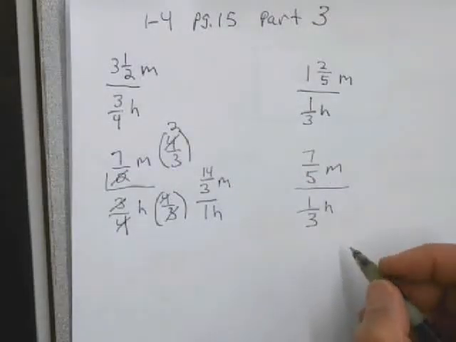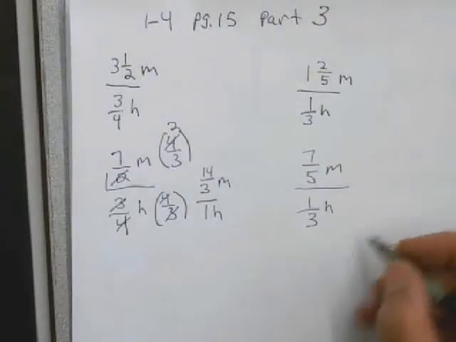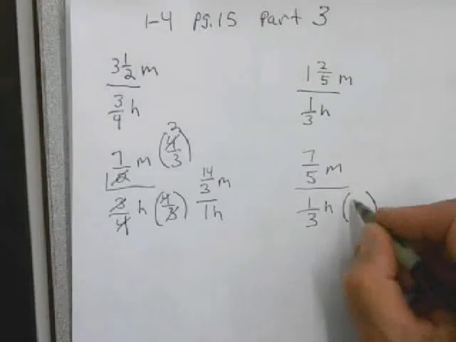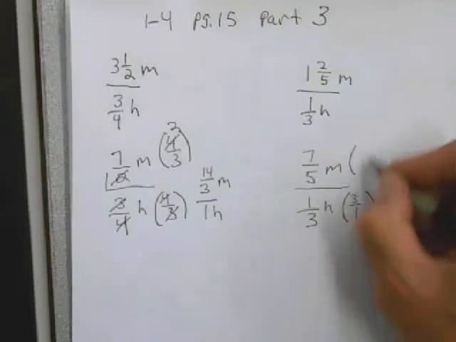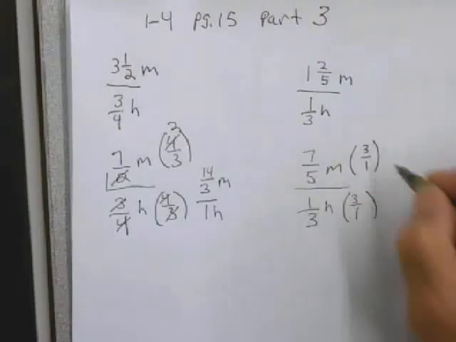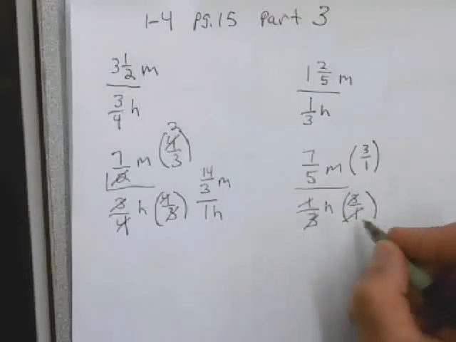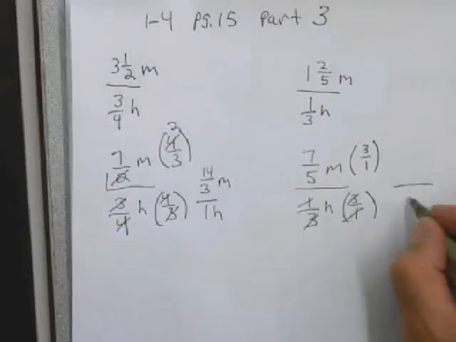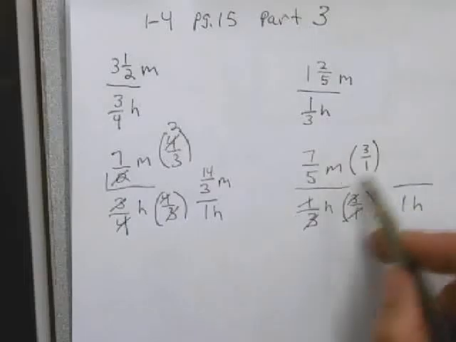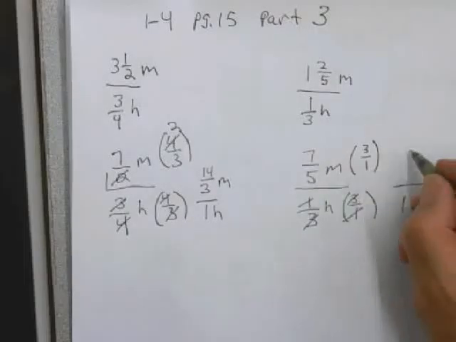Okay. Next, what I can do is multiply this by 3/1 and 3/1. Once again, this will all simplify, leaving us with a denominator of 1 hour. And there apparently is nothing we can simplify here, so we end up with 21/5